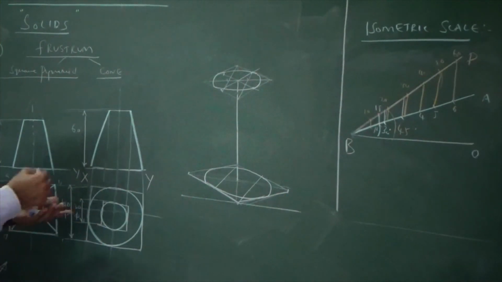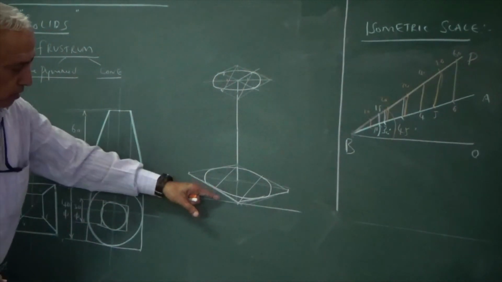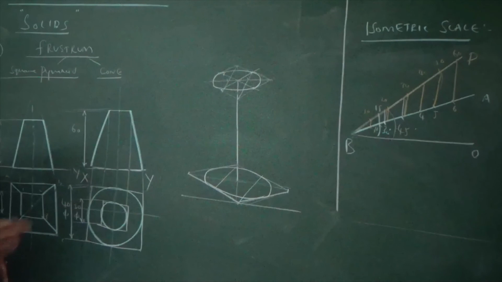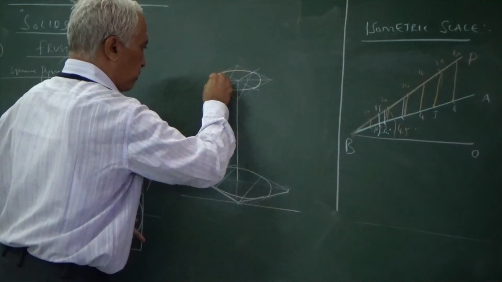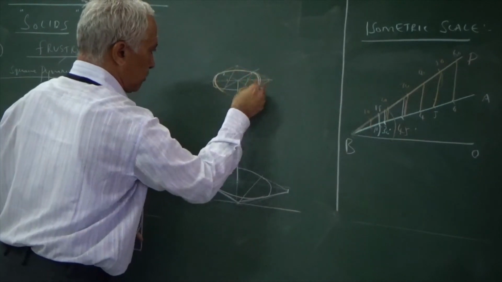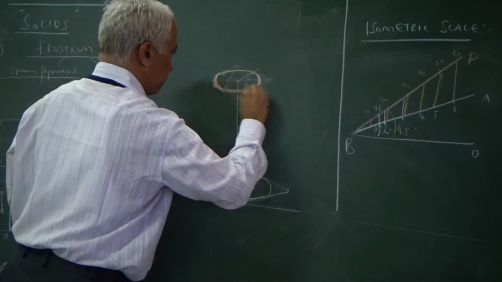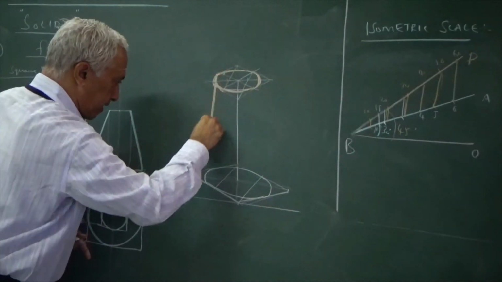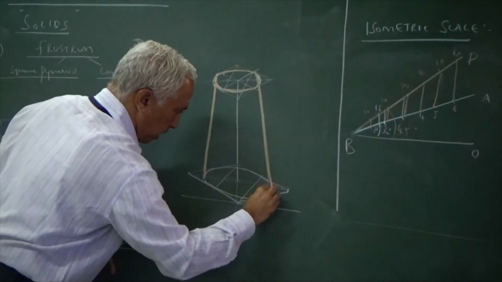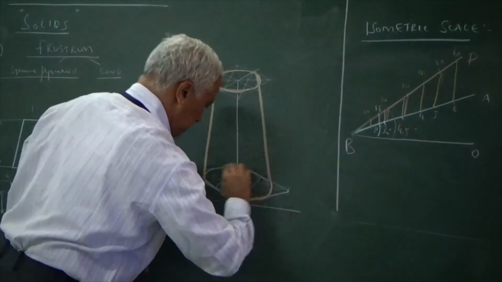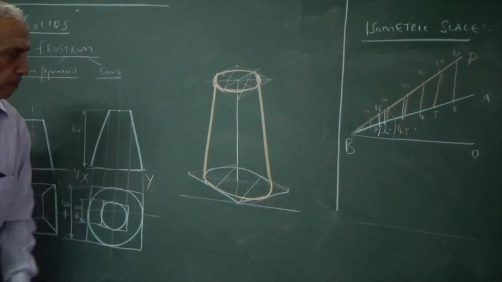Now, completion. Always in isometric, I draw the construction lines from the bottom, and completion from the top. So darken the ellipse at the top because it is a frustum of a cone. Draw a tangential generator. The half part is visible and this half is not visible. The figure is a frustum of a cone.